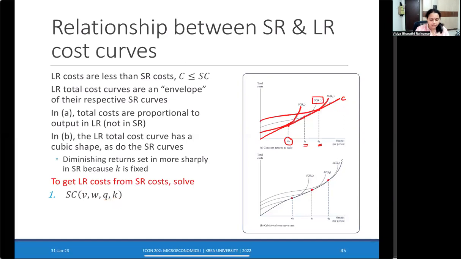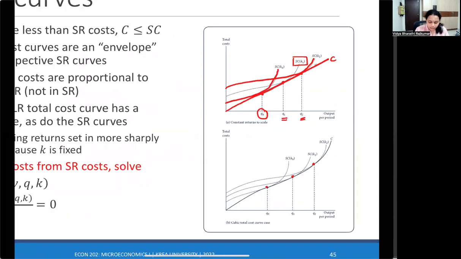So my long-run cost curves will touch through all of these short-run points, so they have to satisfy this equation. And in order to identify that optimal level of capital stock, we have to solve a particular equation. We just have to find that level of capital, which is the sweet spot for producing a certain level of output. So if you were to focus your attention here,